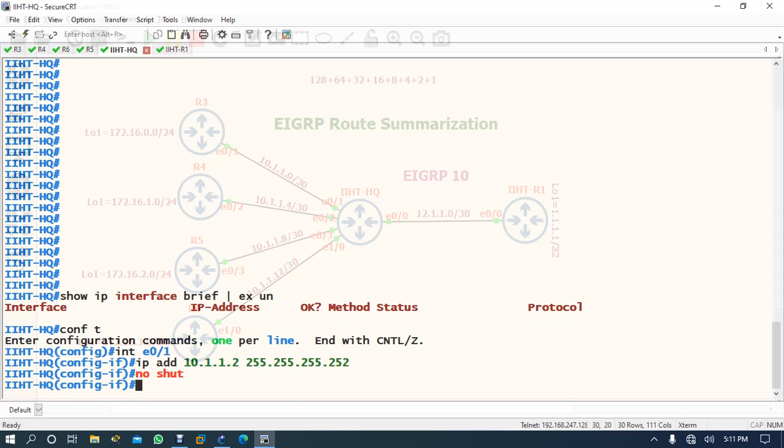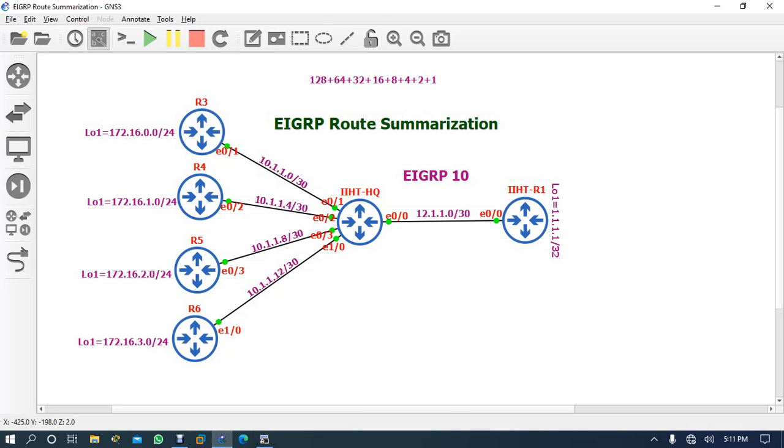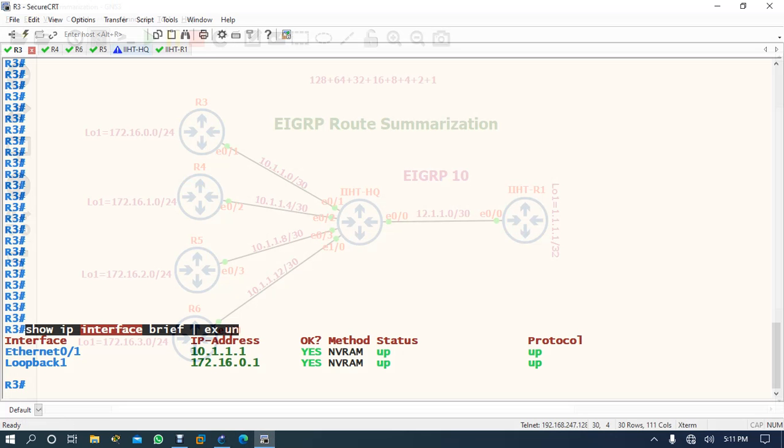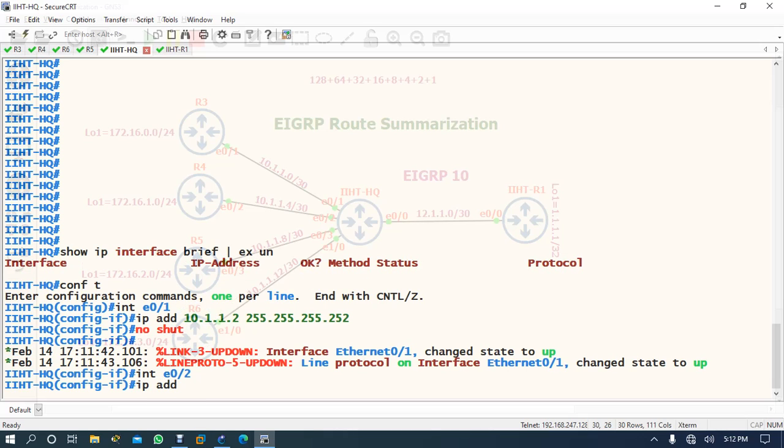No shut. Why? Because if you see, R3 is 10.1, so this router is connected via R3, in a different subnet. So here R3 is using 1, so headquarter E0/1 will be using 2. If you come here, headquarter E0/1 is using 2. Okay, now E0/2 of headquarter. So come here, interface E0/2, IP address 10.1.1.6,